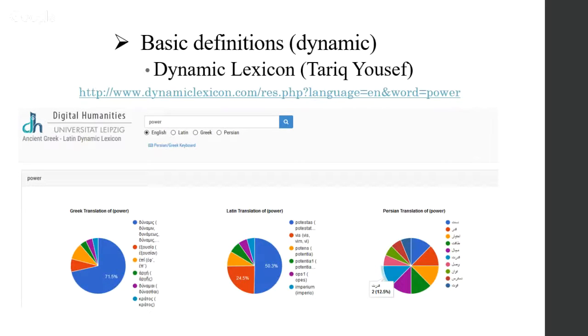And for example, I have searched for power in the dynamic lexicon, also implemented by Tariq, our colleague Tariq Youssef. And you can see here power translated more than 71% as dynamis in Greek, and potestas more than 50% in Latin, and you have Persian, even though I don't know Persian, but now I know that it is Tast or something, because I know the Arabic script of the Persian language.